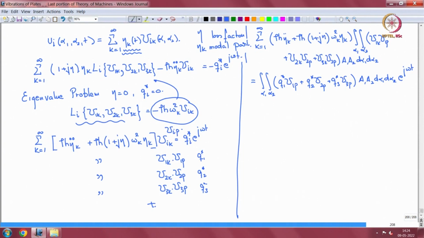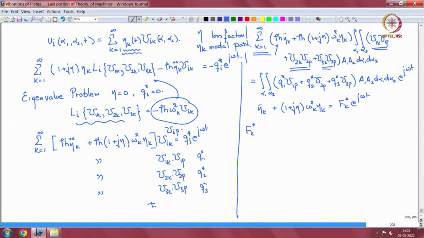And from orthogonality k has to be p, then one term out of this sum is picked up. So what do we get? From here we have eta_k double dot after dividing by rho h, plus 1 plus j eta omega square k eta_k is equal to f_k star e to the power j omega t,